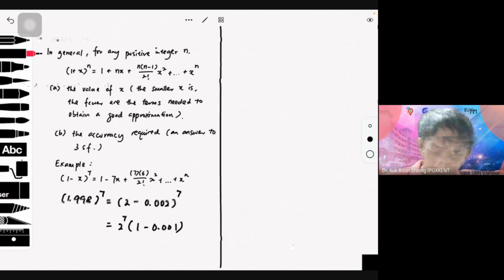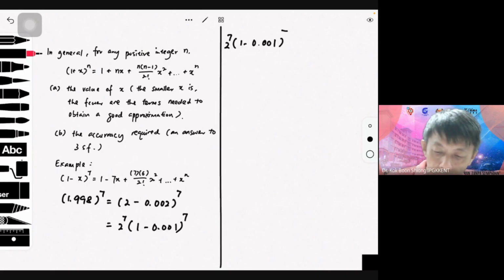So this could be equal to 1 minus 7 times 0.001